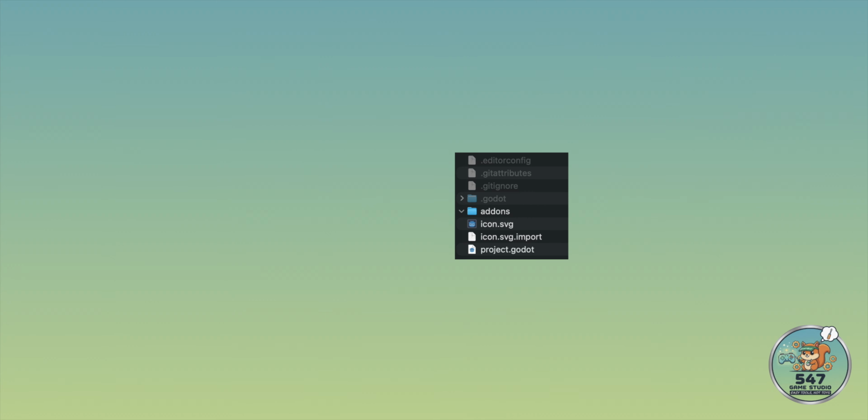Hello everyone! Today I'll show you how to build a basic password-protected account system using the AWS Cognito for Godot